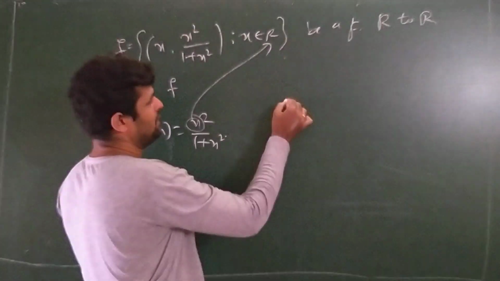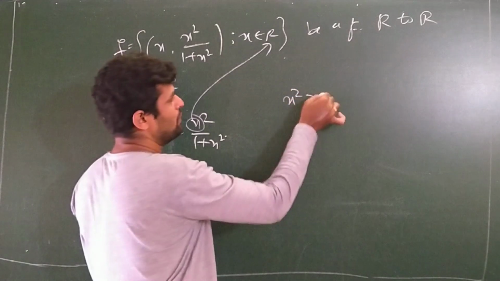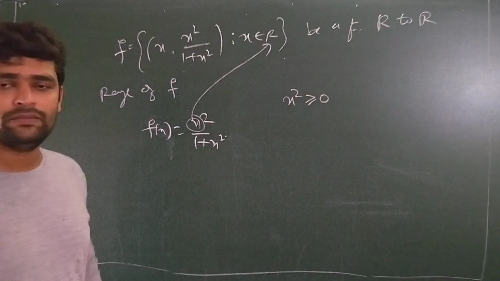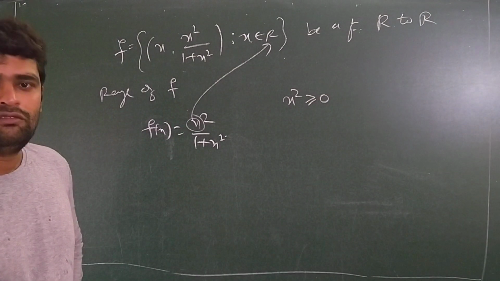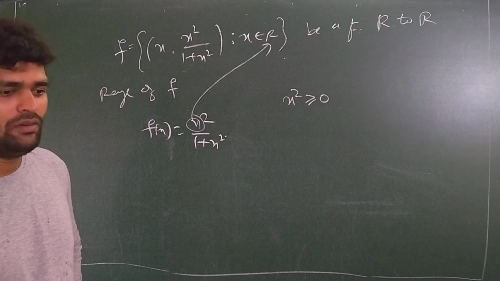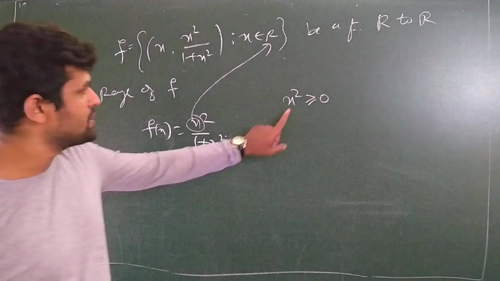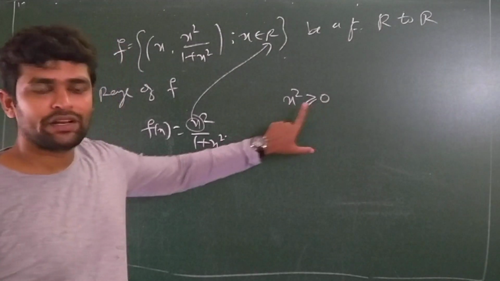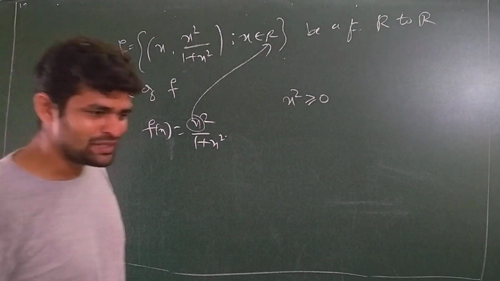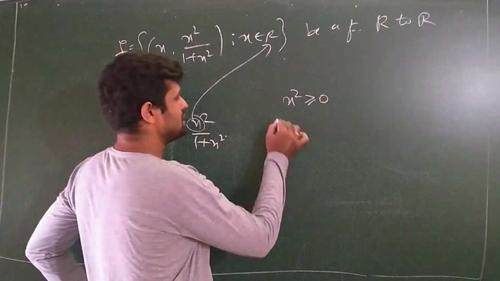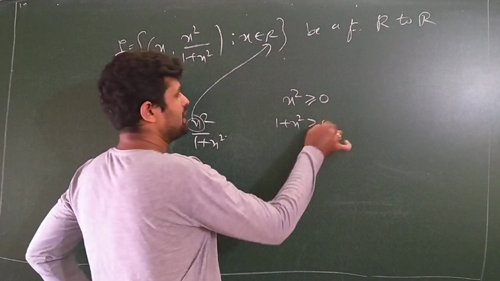For any real number x, x square is greater than or equal to 0. Do we agree? Negative also, x square is greater than or equal to 0. Any value x square is always greater than or equal to 0. Minus 1 squared is again greater than 0, plus 1. It is true. Is it okay? Then if I add 1 on both sides, 1 plus x square is greater than or equal to 0 plus 1.